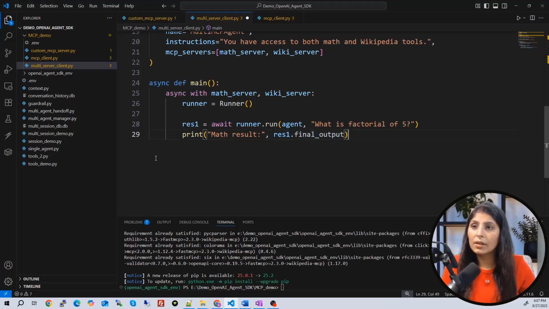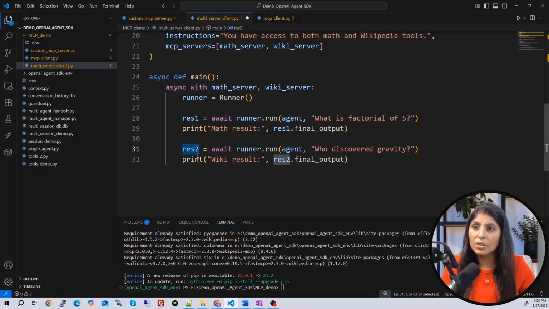Now let's write one more question. This is the second question in the res2 variable. With Runner.run, I'm running the agent, and this time I asked who discovered gravity. For the first question, our agent should use the maths MCP server, and for this question, our agent should use this Wikipedia MCP server.